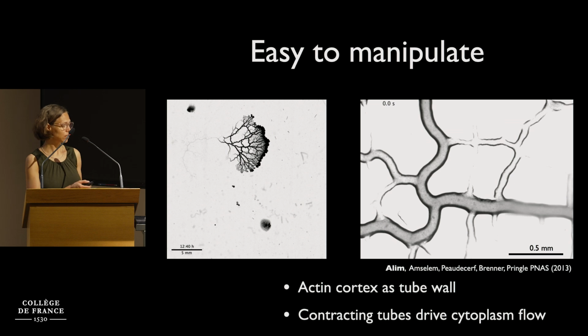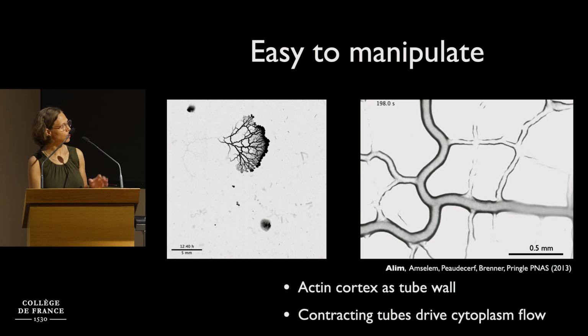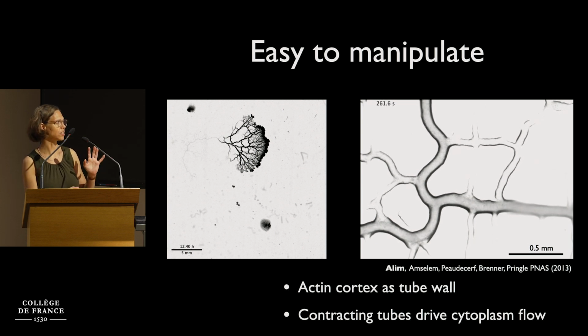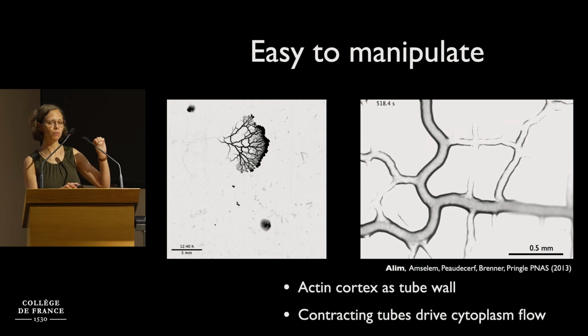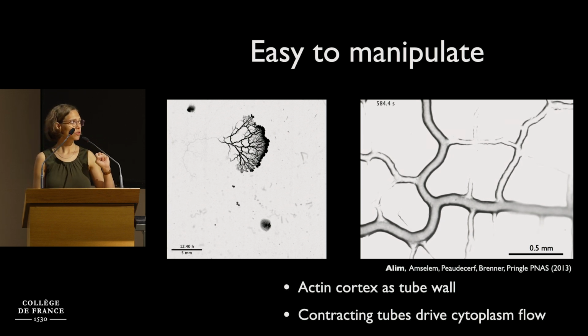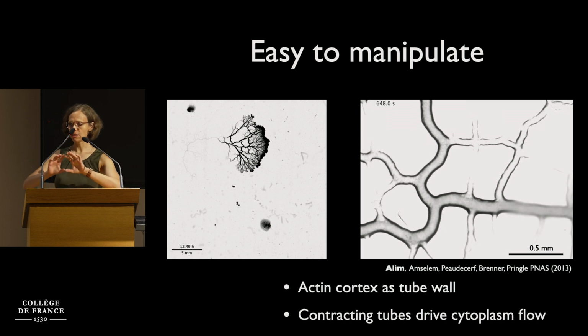And if we zoom into this network, we see that within the network, we have strong fluid flows shuttling in one direction and then changing directions and shuttling in the other direction. If you were to focus on this part up here, you see what's going on. You see that these tubes are rhythmically contracting. So what is going on is that